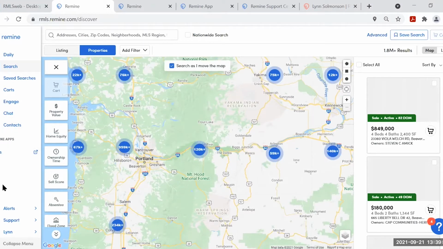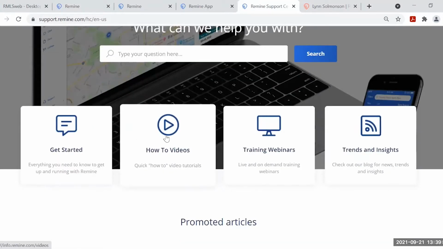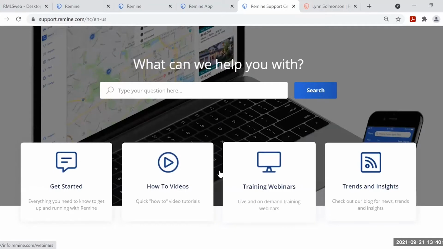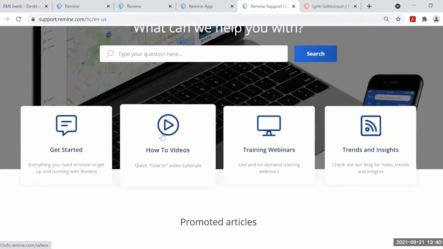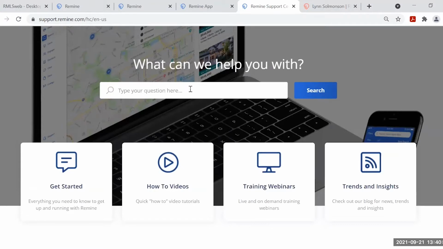Okay, and then also as we start to dig in a little bit, I'm going to visit one more tab here on the left at the bottom, support. If you go to their support center, I have that open already, you will find lots of training information. They do have training webinars, and recorded videos broken into smaller pieces. So if there's something you want to dig into a little bit more, feel free. Also, we're going to talk about something called cell score in a little bit. You could type the words cell score up here and search, and you'll find there's a document that's going to talk about cell score that we will visit momentarily.